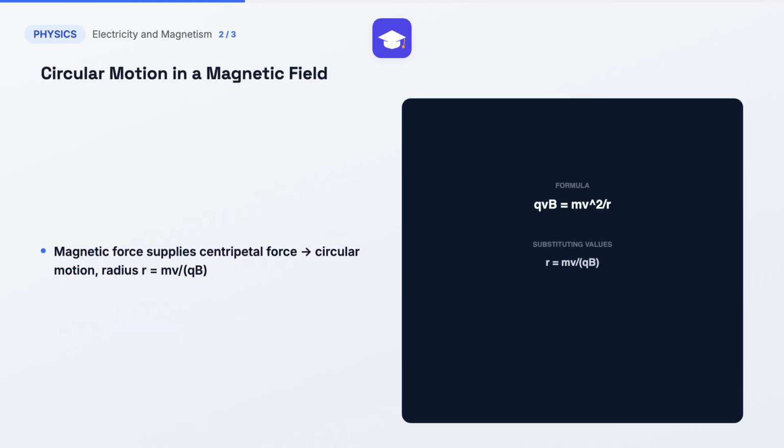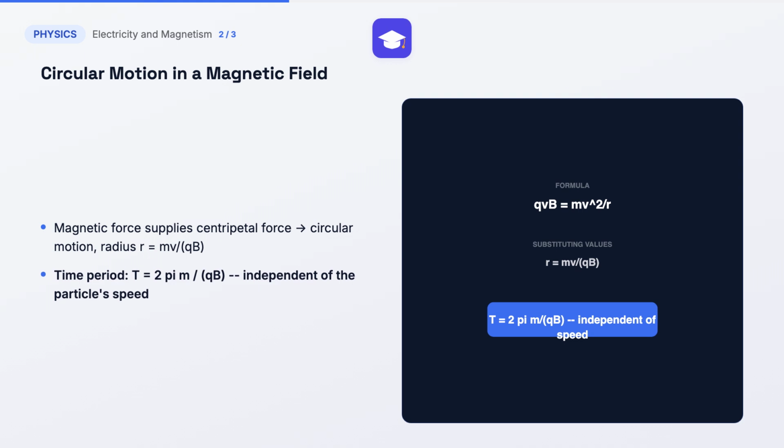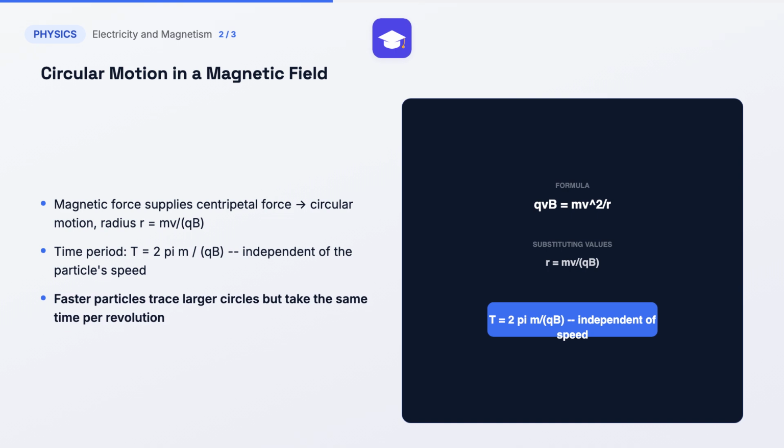Since the magnetic force on a moving charge is always perpendicular to its velocity, and its speed never changes, a charge moving perpendicular to a uniform field traces out a perfect circle, with the magnetic force itself supplying exactly the centripetal force needed. Setting qvB equal to mv squared over r, and solving gives the radius of this circular path, r equals mv over qB, an important formula connecting the particle's mass, charge, speed, and the field strength directly to its